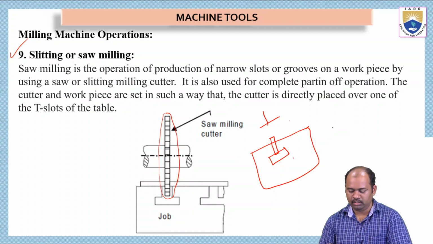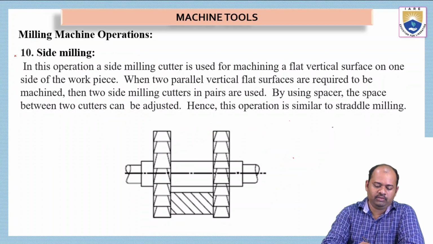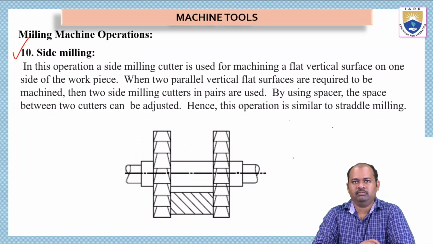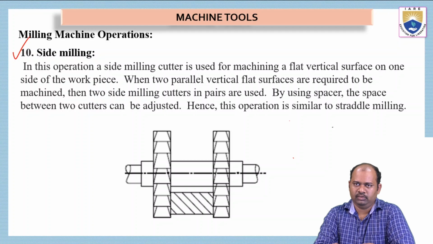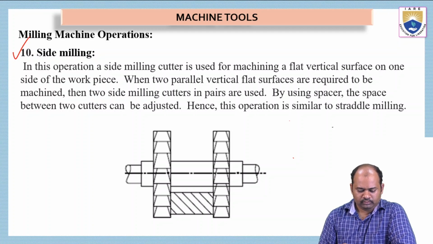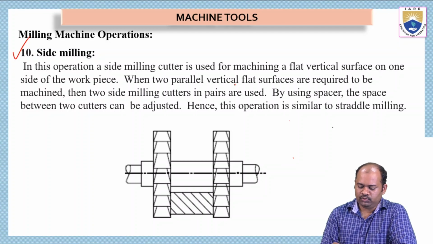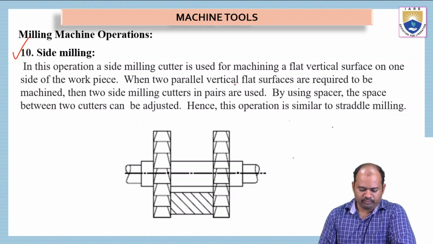So this is a type of operation. And then let us go for the 10th one. The 10th one is nothing but the side milling operation. In this operation, a side milling cutter is used for machining a flat vertical surface on one side of the workpiece. See here, a side milling cutter is used for machining a flat vertical surface on one side of